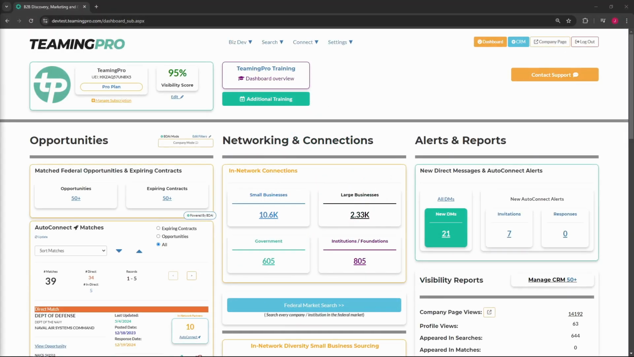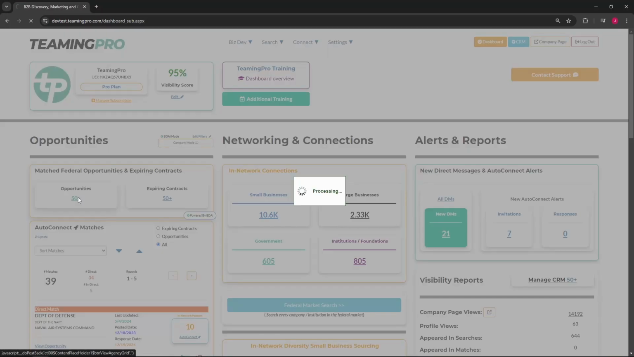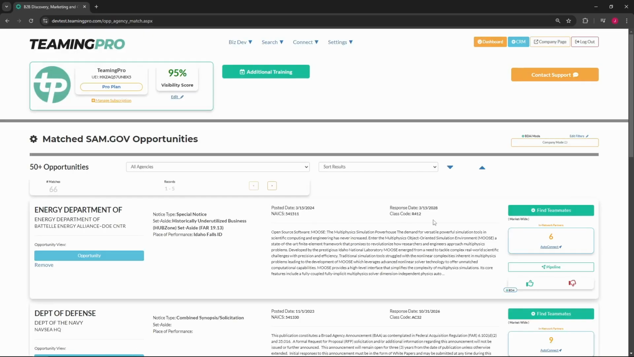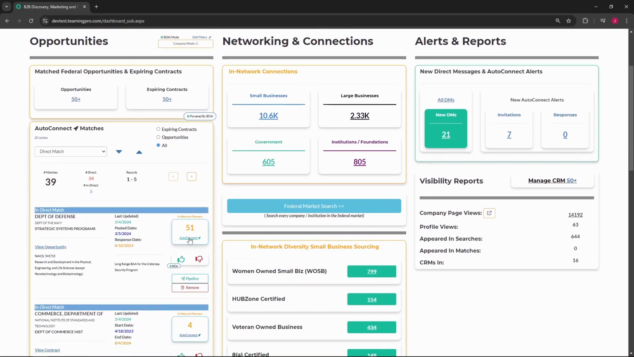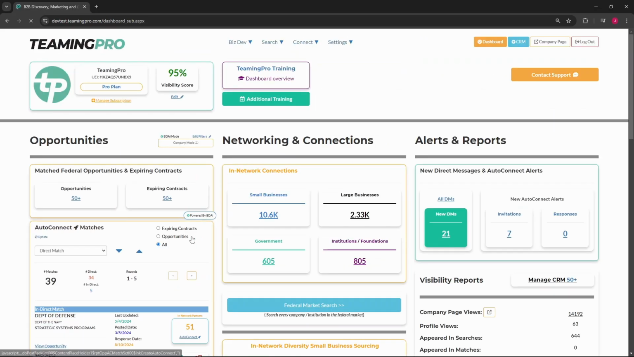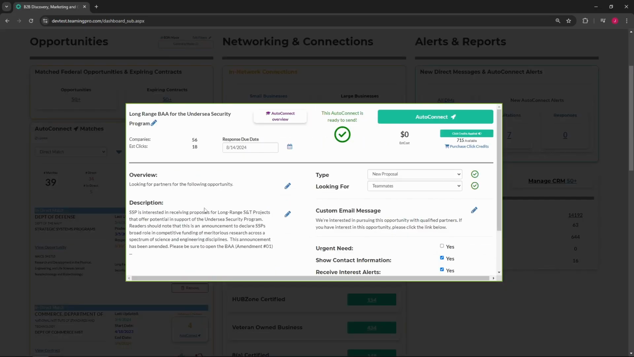AutoConnect is how your company can form relationships with other companies in the TeamingPro network. AutoConnects can be created anywhere there is a SAM.gov opportunity or expiring federal contract within the platform. Each AutoConnect button will have a clickable number representing the number of pre-filtered companies in the TeamingPro network qualified for that opportunity or contract. Clicking this number will display the AutoConnect Quick Launch modal, where the pre-filled details for this